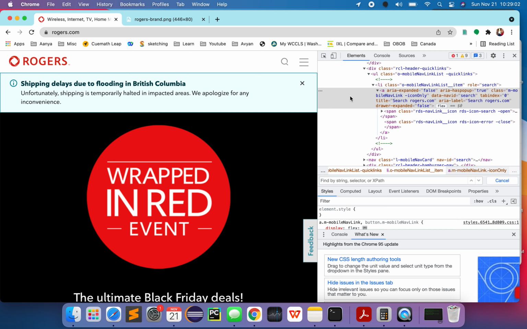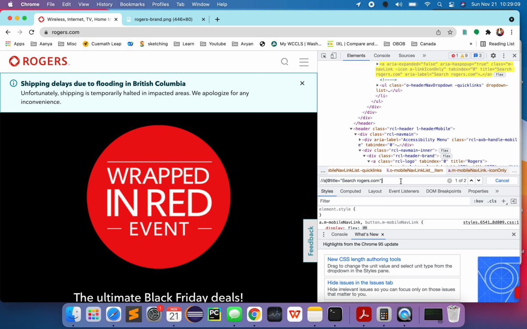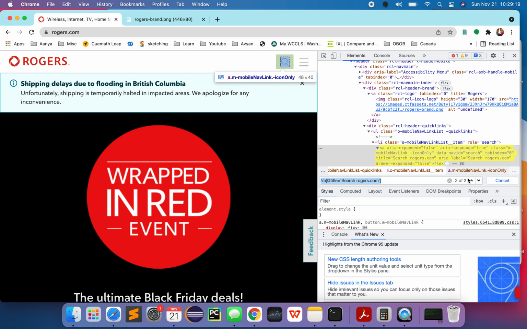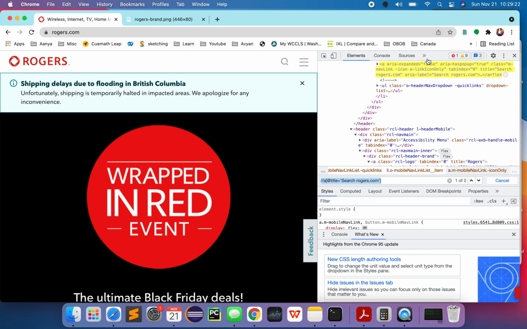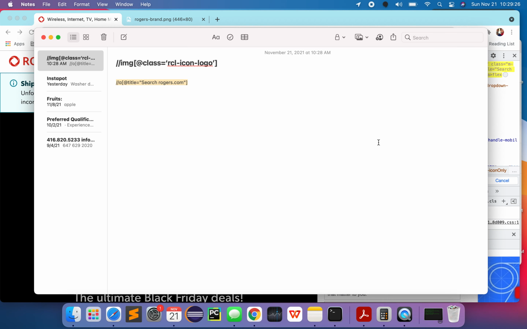Over here I'll do Control F, and then this section opens up. I'll click here, paste it over here, and then do single quotes. Doing single quotes is important. With this also, it finds two elements with the same name, but in this case also, it points to the same element. So I think we are okay here as well. So that's how you find the name.